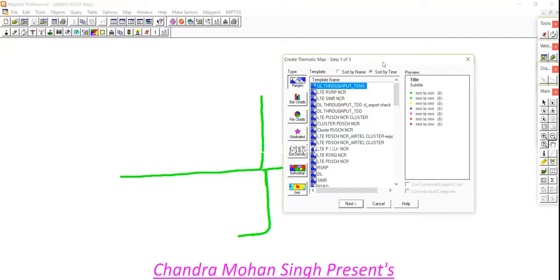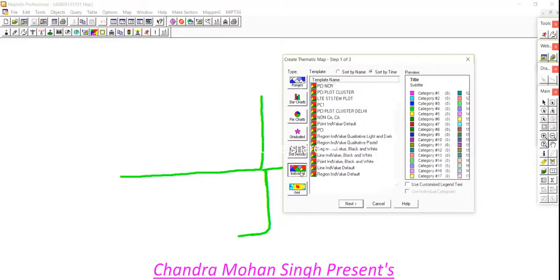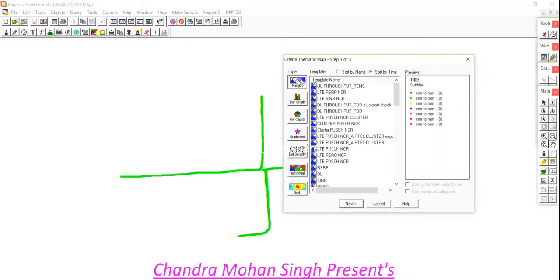Guys, one more thing that we have to understand. For a PCI plot, we go to individual, and for RSRP, SINR, DL, UL, we go to ranges. Because SINR, DL, UL have a particular range, and PCI is each individual PCI.